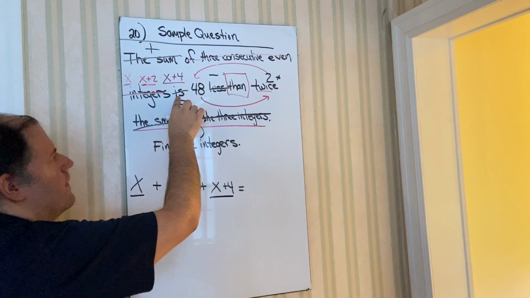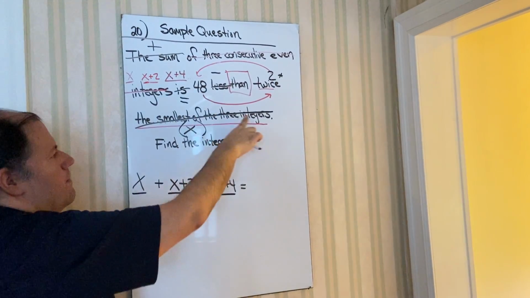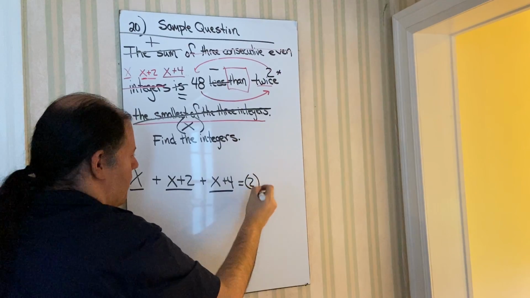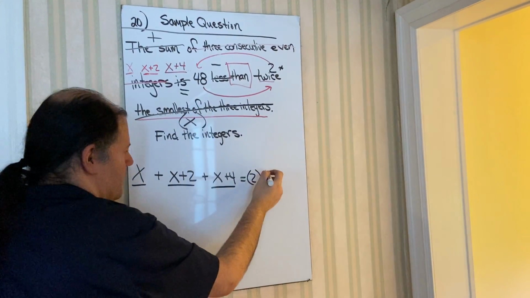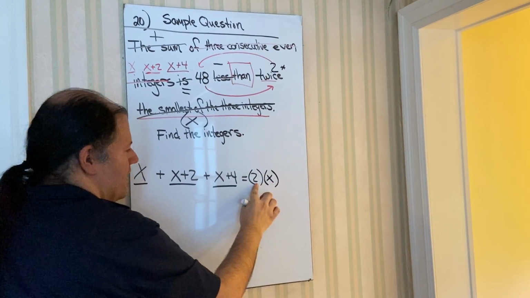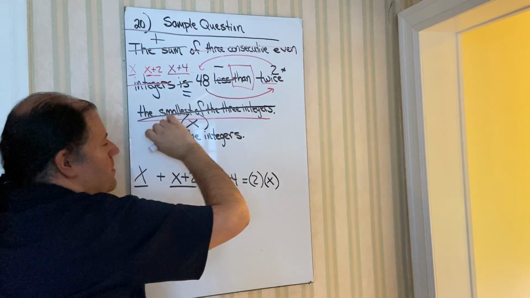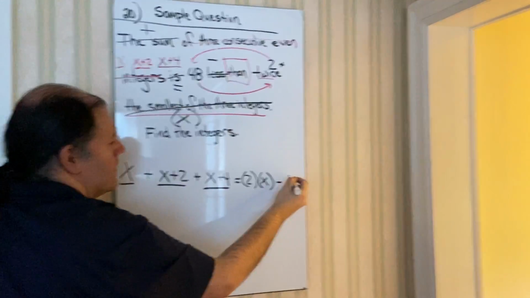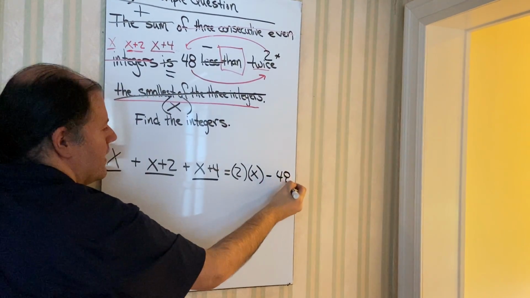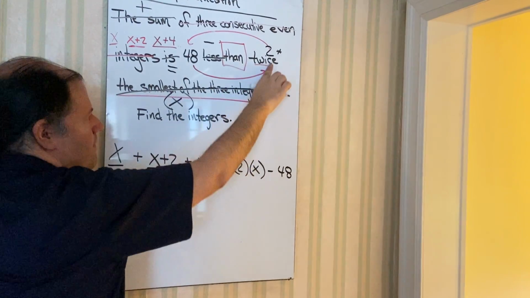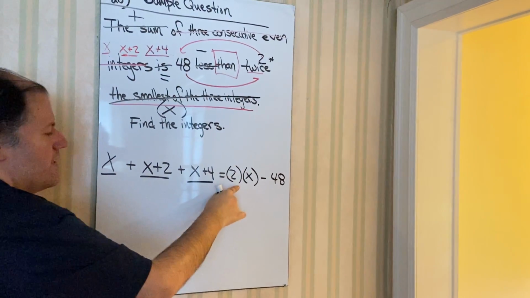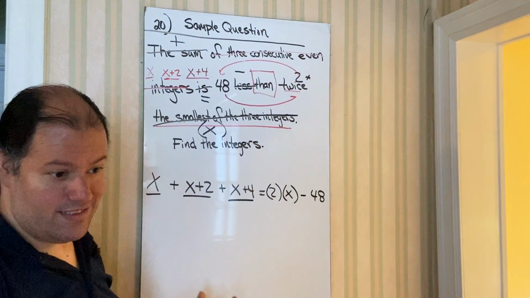equals, not the 48. Remember, we're going to start off with twice x. Remember how I said use parentheses? I don't like that symbol when I write equations. Subtract the 48. See how it pivoted? 48 went behind the subtraction symbol, and this stuff went in front of the subtraction symbol. Now that this is written out,